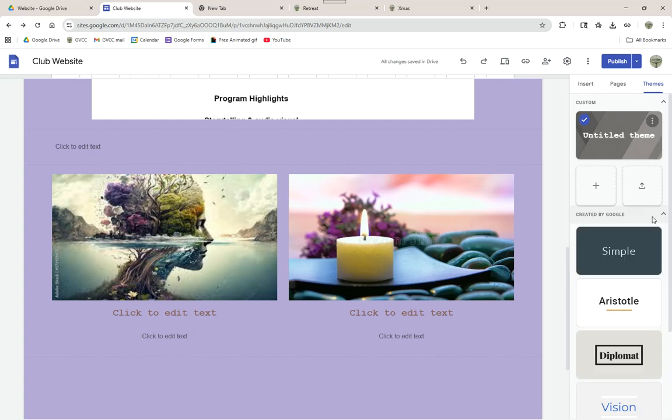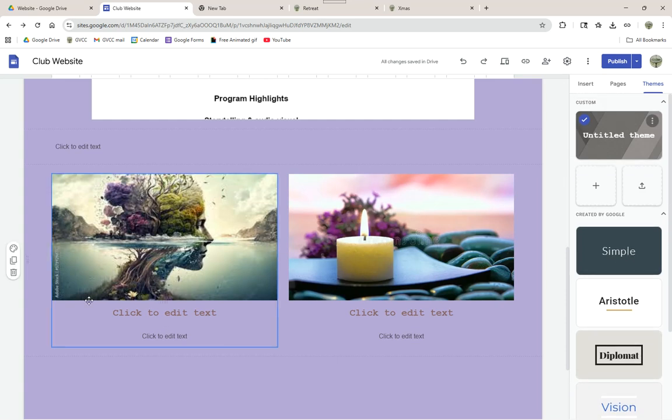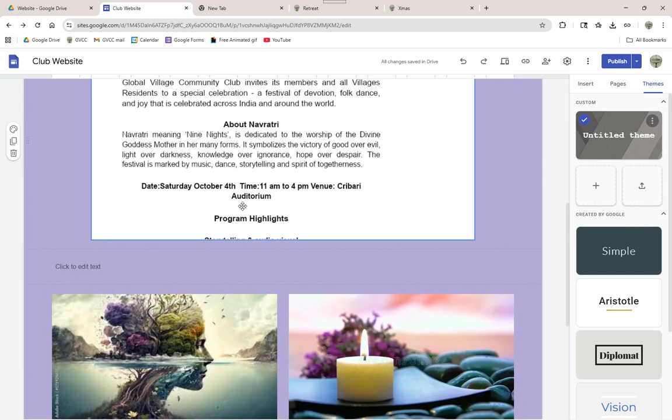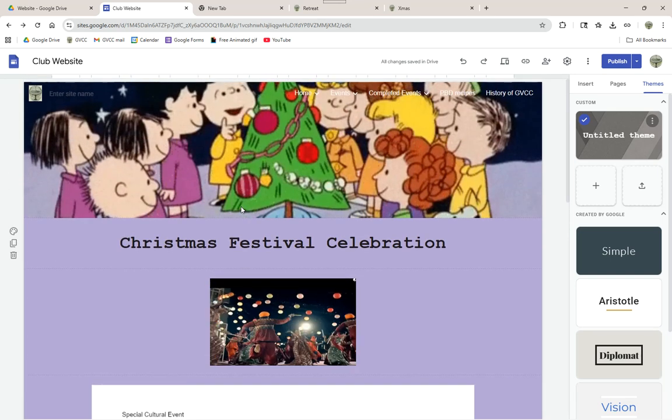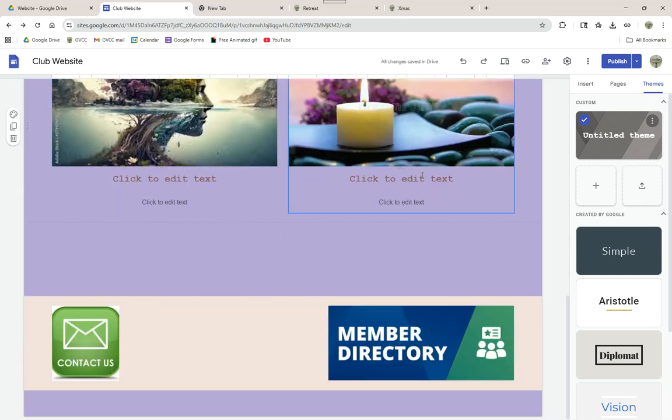under themes, you could change a custom, and change the themes to different colors. But anyway, I will not change it unless you know what you're doing. Then you could go have at it. So right now we are limited to these three colors. Okay, so that's pretty much it. And YouTube videos,